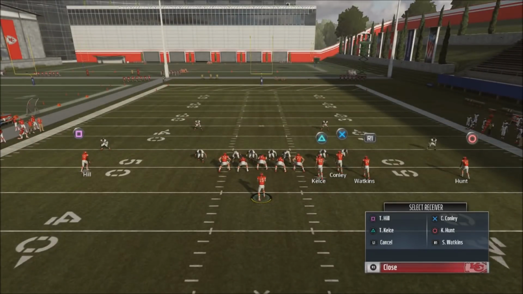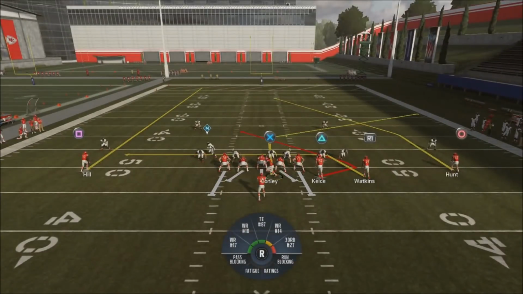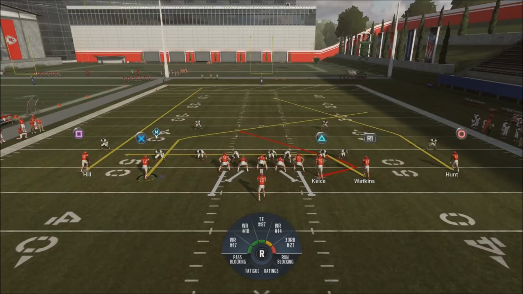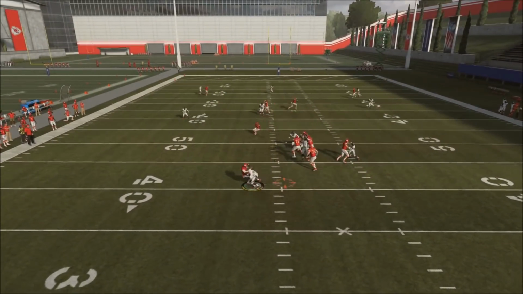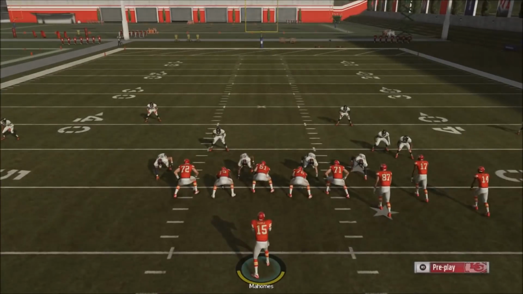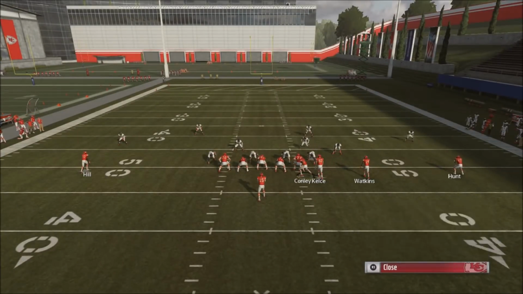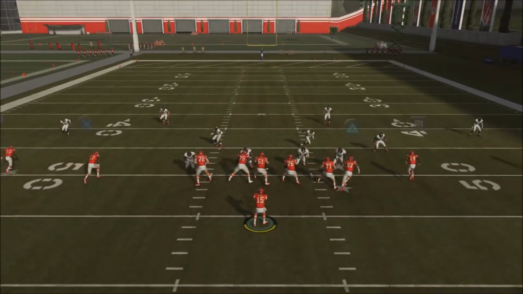If it's a modified cover 2, which a lot of people like to run online, where they take a guy, maybe a guy that's supposed to be on a mid-read zone, and they put him in a deep blue, like a middle linebacker or a safety, they basically turn a cover 2 into a cover 3. That's going to mean that your post, your X route, is going to be open, as well as your triangle route, because they have now moved that guy out of the middle of the field and into the deeper part of the field. And like I said earlier, this play is basically impossible to user without prior knowledge and good coverage